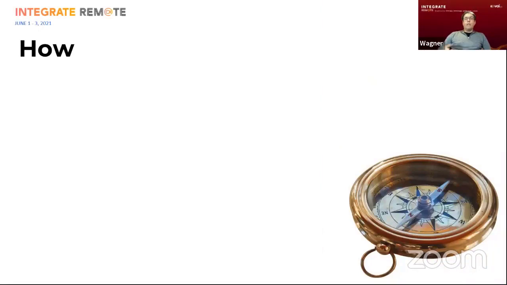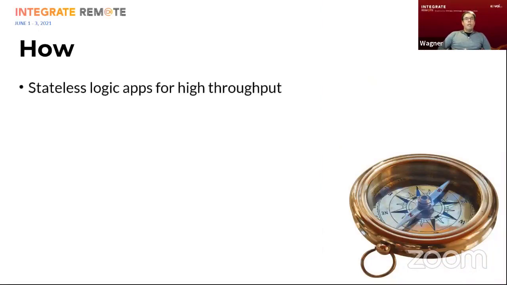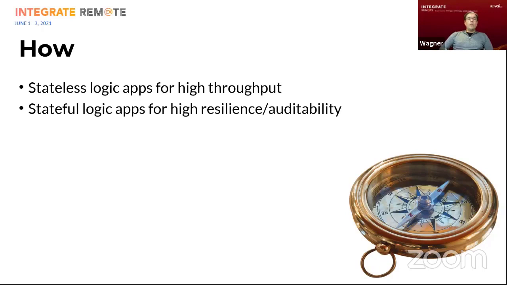So how you're doing that is basically using stateless workflows on Logic Apps Standard for high throughput, and stateful Logic Apps for high resilience. In this case, think about resilience in terms of being independent of the original sender to do resubmissions or any kind of troubleshooting, or if you need extra auditability on each one of the actions. So you have the choice, and you can actually combine those two things together when you need to. Let's take a quick look at this